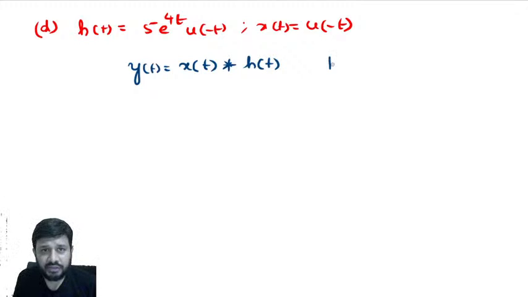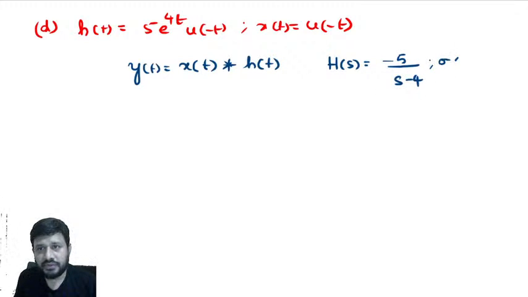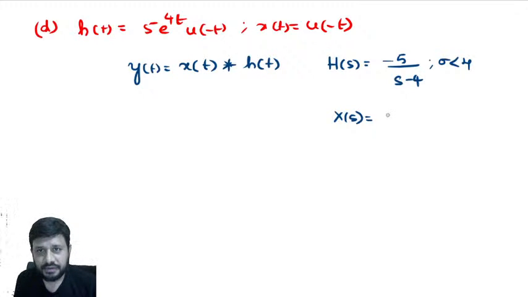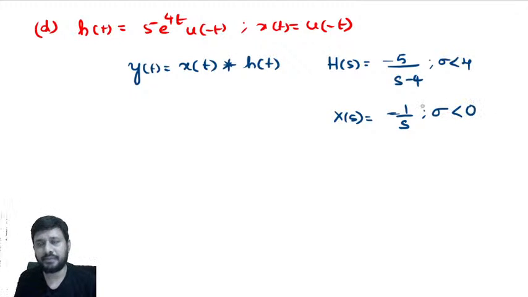So what is the h of s? Minus 5 by s minus 4, ROC sigma less than 4. U of minus t. U of minus t means what? Minus 1 by s with ROC sigma less than 0. Is there a common ROC? Sigma less than 4, sigma less than 0. Yes, common ROC is there. So we can find out the convolution